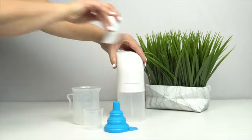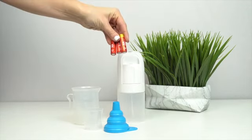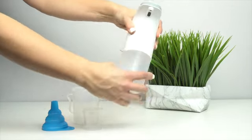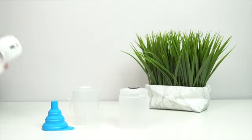To insert the batteries, slide up the back cover and insert 3 AA batteries. These are not included. To fill your dispenser with foam soap, remove the top of the dispenser and using the